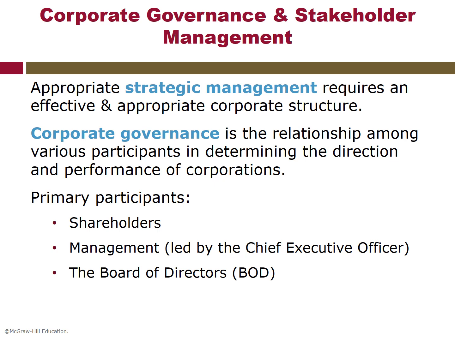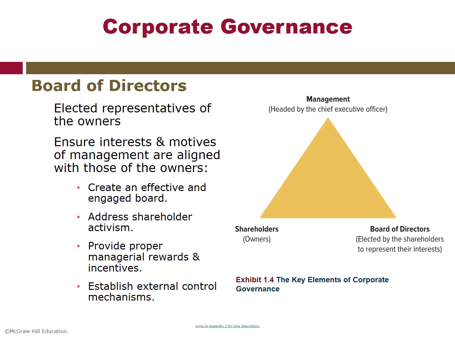Corporate governance addresses the relationship between various participants in determining the overall direction and performance of corporations. It consists of three primary participants: shareholders, management, and the board of directors, the BOD. You can see in exhibit 1.4 the three key elements of corporate governance. The BOD provides detailed procedures for formal evaluation of directors and the firm's top officers. Such guidelines serve to ensure that management is acting in the best interest of